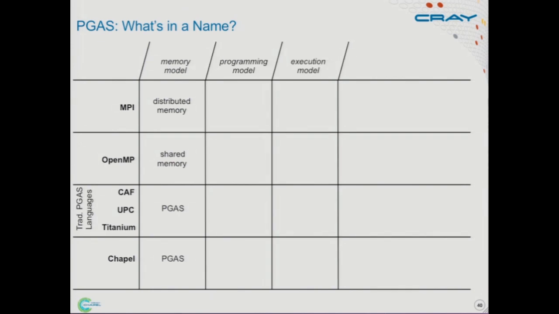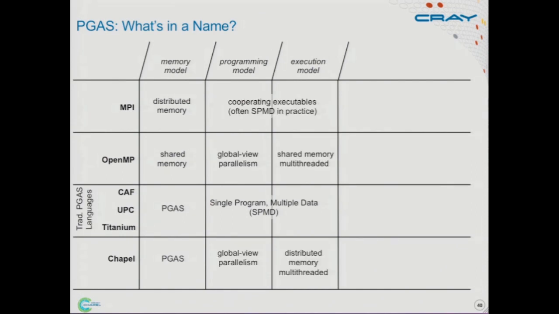But then if we look at other things, we see other differences. If we think about the programming model or the execution model, which for me is how, as a programmer, you think about writing code and how you think it's going to execute on the machine, these traditional PGAS languages, as you heard from Kathy's talk, are all SPMD models. Like the typical use of MPI, you start up a bunch of copies of main at the beginning of time, run them to the end, and that's your parallelism. Unless you start bringing in hybrid things like threading libraries. To me, then you're mixing programming models, which is fine, but now you're not just in UPC anymore. MPI uses cooperating executables as its programming and execution model.